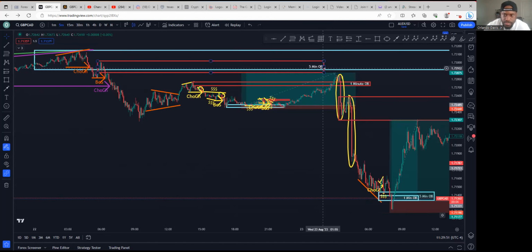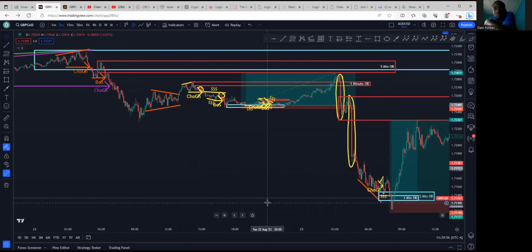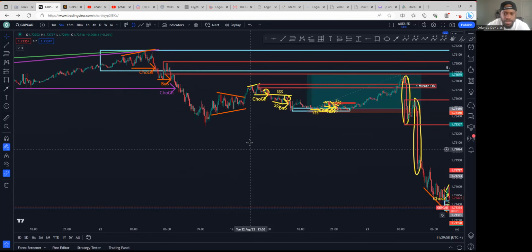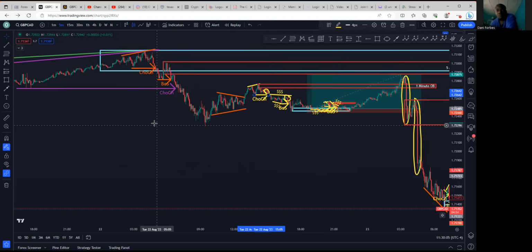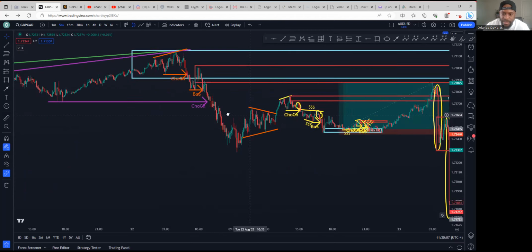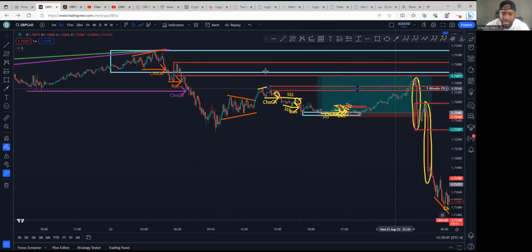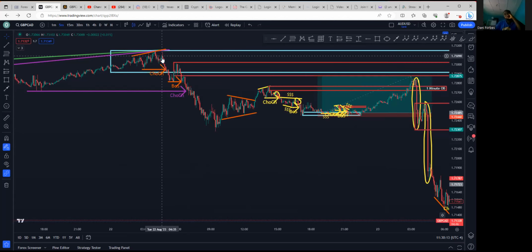Look at it. Right there. So you knew that, okay, cool. I got two imbalances. I got two open imbalances. I know that if I'm looking for this buy entry right here, this imbalance right here is TP1, and then this imbalance right here is TP2. So this being TP1 right here, right?